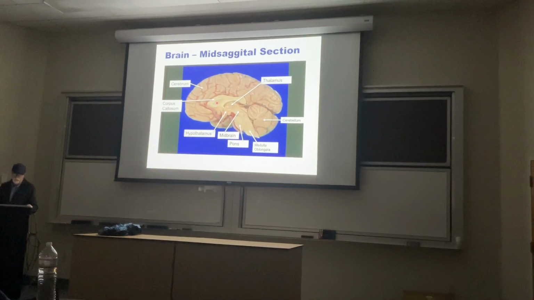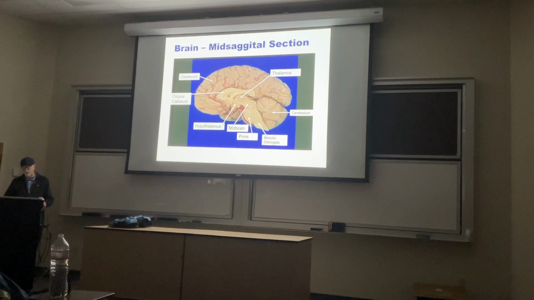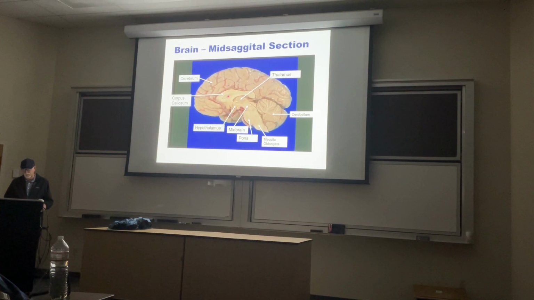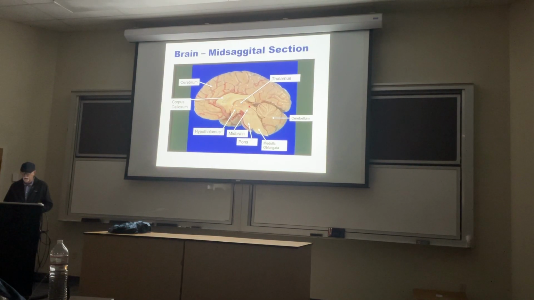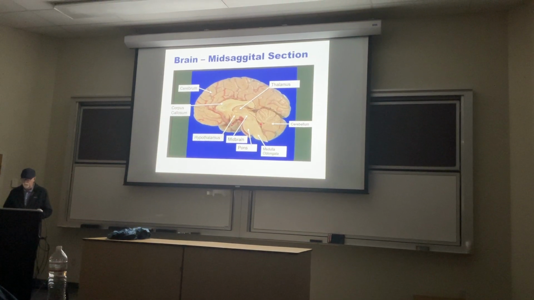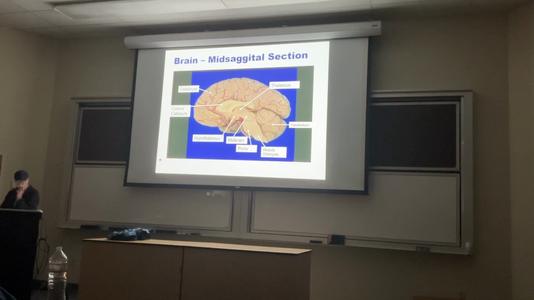The brain has some ventricles, open spaces. Right behind this laser pointer, on both sides, is the lateral ventricle. The lateral ventricle goes into the third ventricle, which goes down this cerebral aqueduct to the fourth ventricle, and then it goes down around the spinal cord in the central canal of the spinal cord. The reason we mention that is